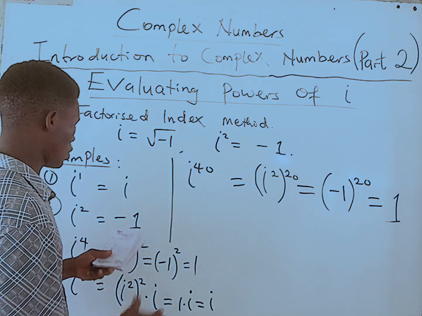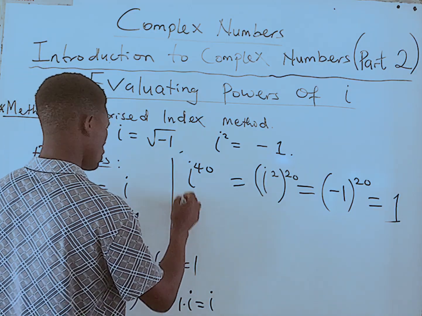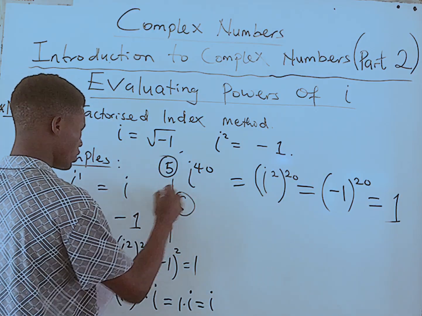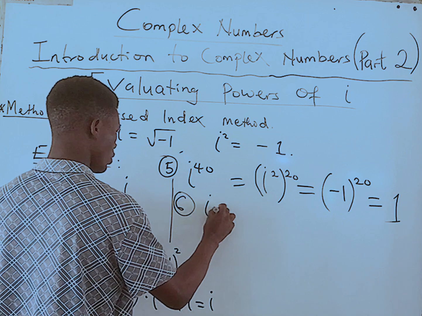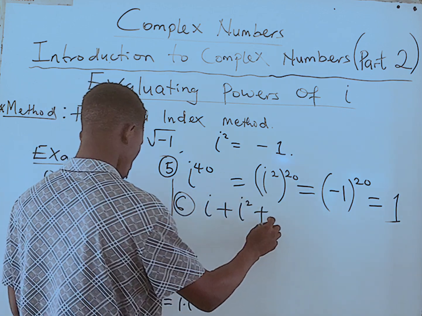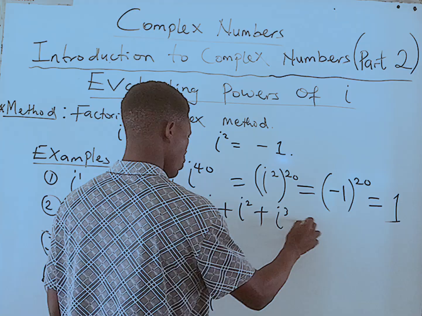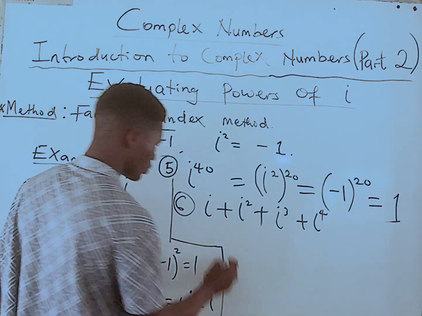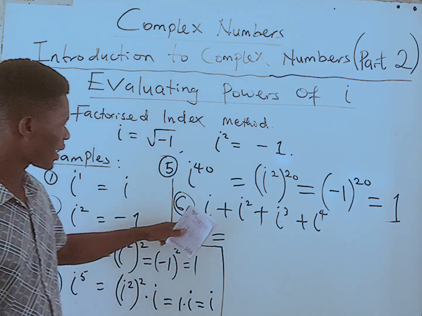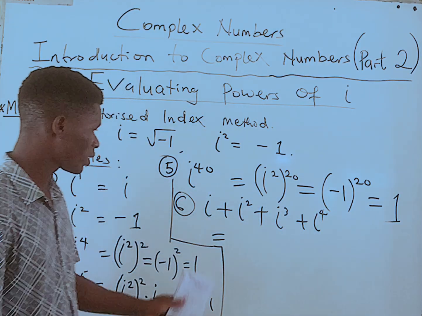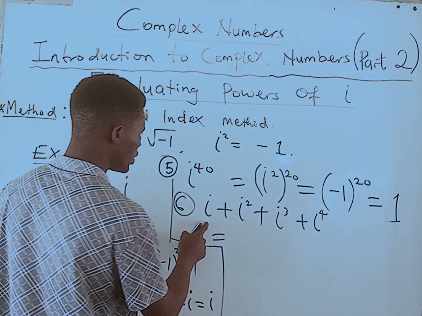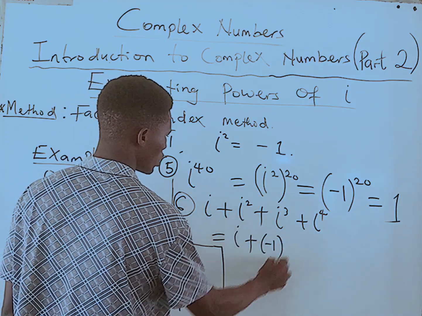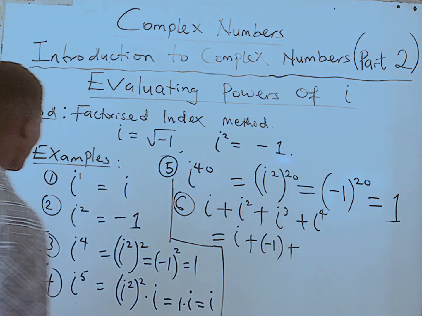Now let's move on to advanced examples. This is number 5 and this next one will be number 6. Let's evaluate i plus i squared plus i raised to the power 3 plus i raised to the power 4. What we do here is to add all of this. We know that i is just i, and i raised to the power 2 is minus 1, while i raised to the power 3 is